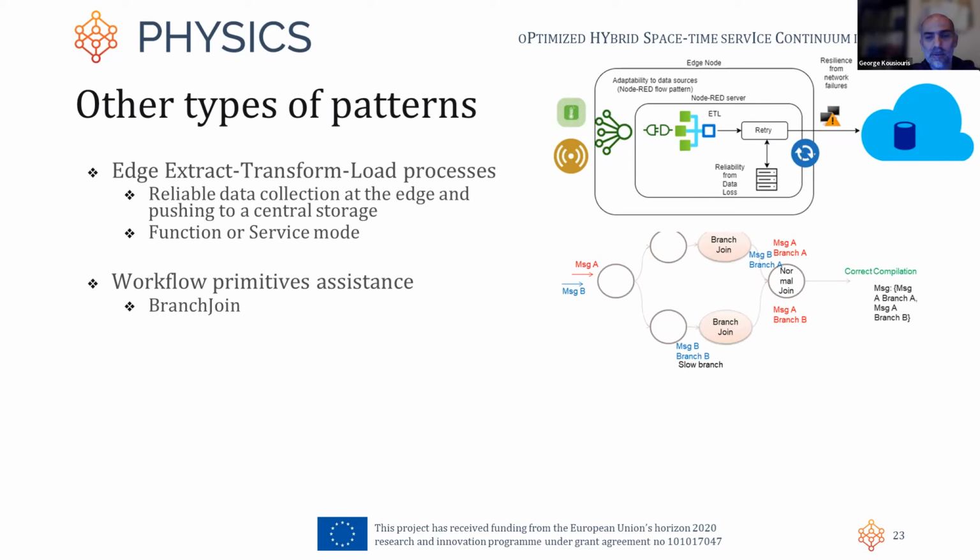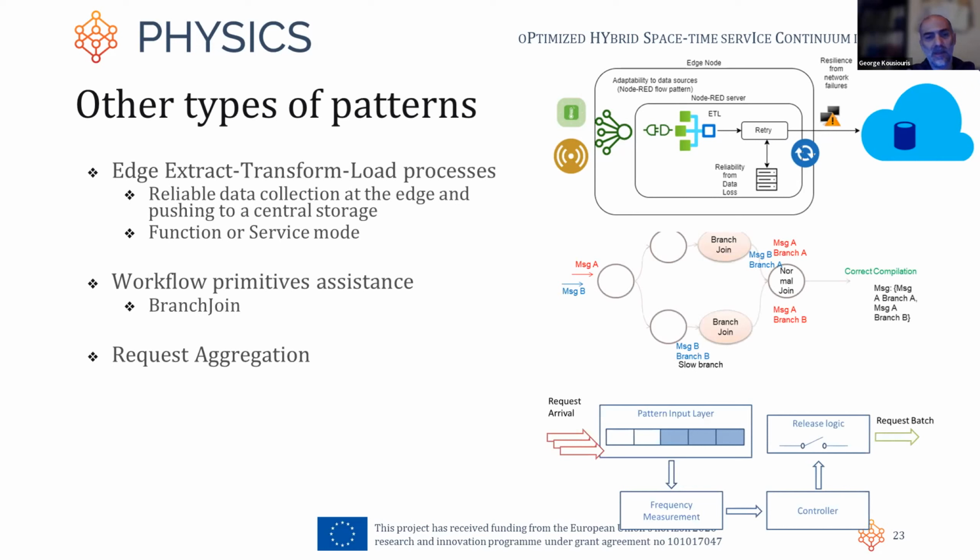And request aggregations, if you want, for example, to minimize the stress you have on your backend or minimize the number of function invocations that you have. You have a kind of preprocessing layer acting as a service where you gather requests, and there is a controlling logic through which the requests are merged, and then they are forwarded as a batch to be accommodated by the backend. And a number of other helper